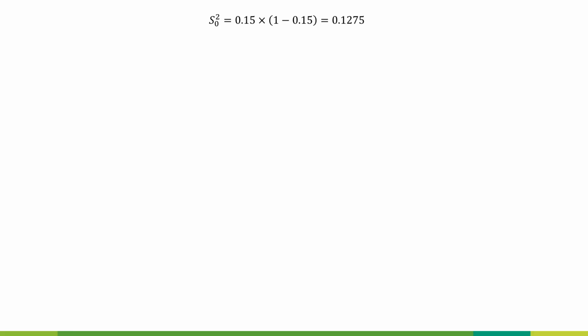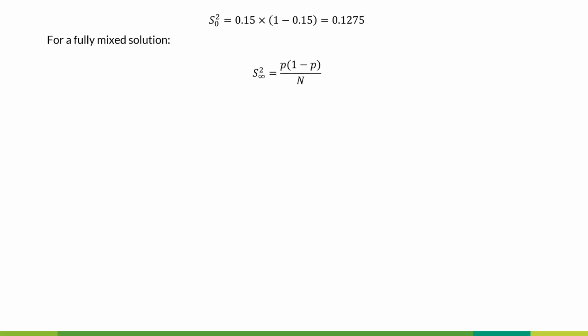So in order to calculate S infinity square, that is for a fully mixed system, S infinity square is equal to P into 1 minus P divided by capital N. Please note here that capital N and small n that we used in the previous slide are not the same. Capital N refers to the total number of particles present inside your mixing container, and small n is the number of samples that you have taken out